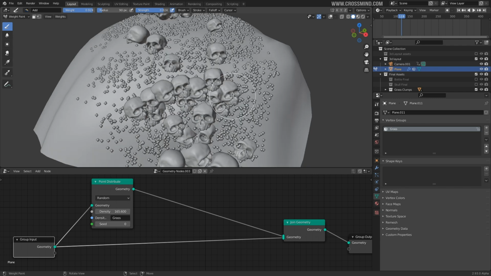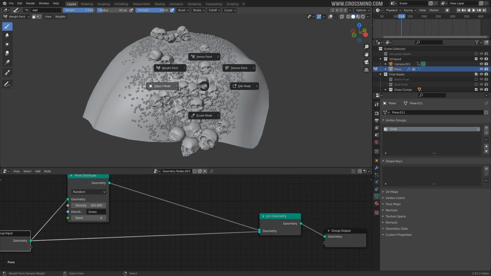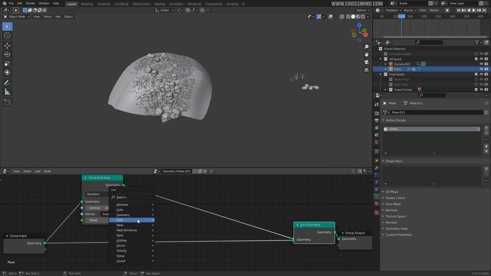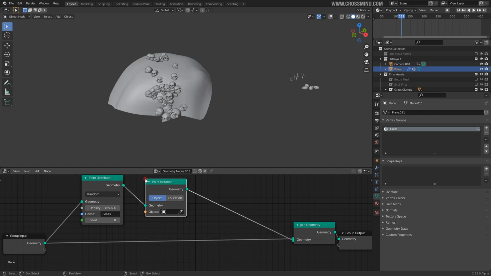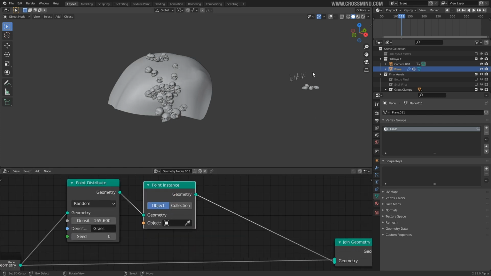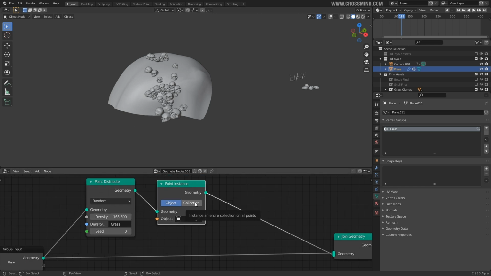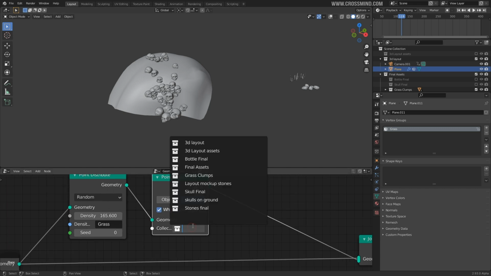So this is one of the ways, and once you have your points, you can just go to the object mode, and in the geometry node, click on the point instance. So this node will help you assign an object which you need to use as an instance on top of those points. Since we have the grass in the collection, we can load the grass from here,